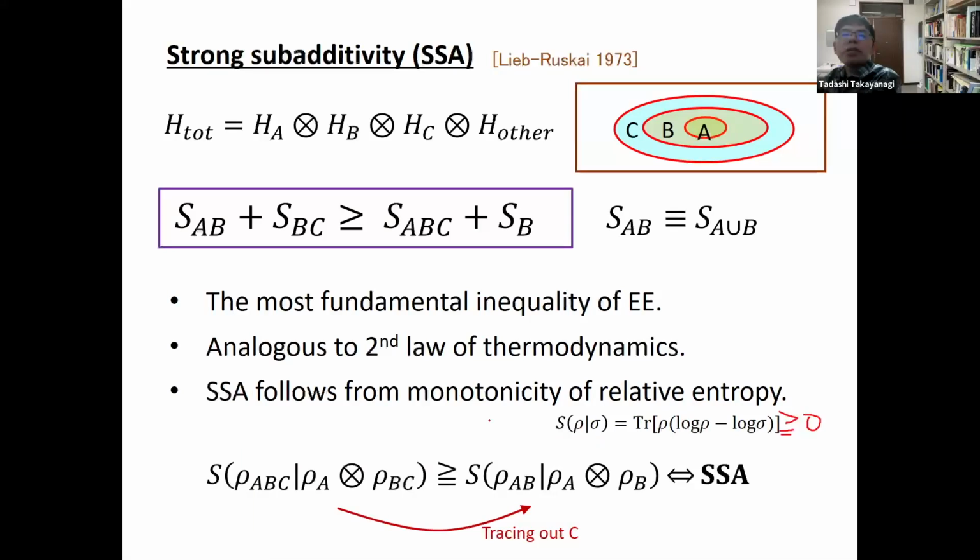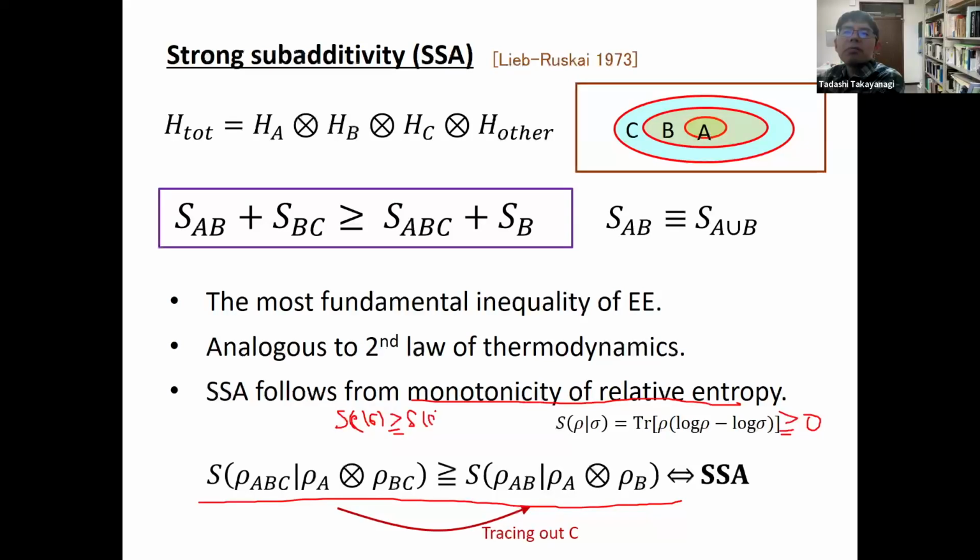So it looks like a distance. And we can also show, very non-trivially, a monotonicity property. This is given by this. Or maybe more like this: the relative entropy of rho and sigma is always greater than